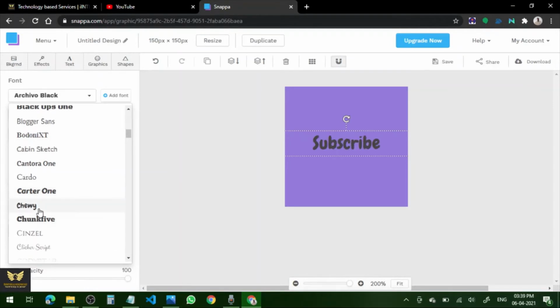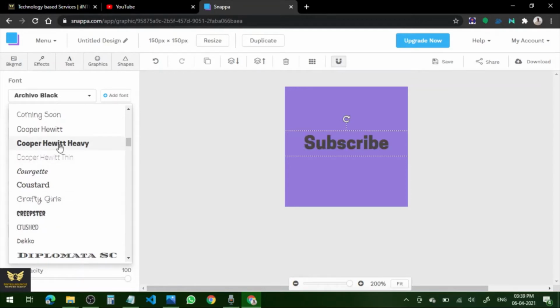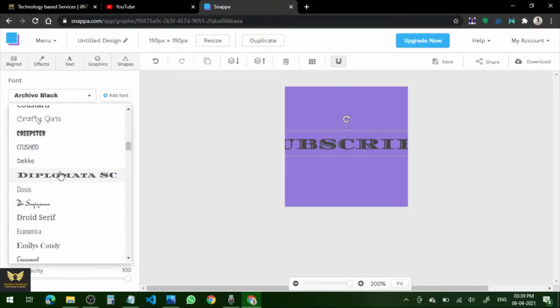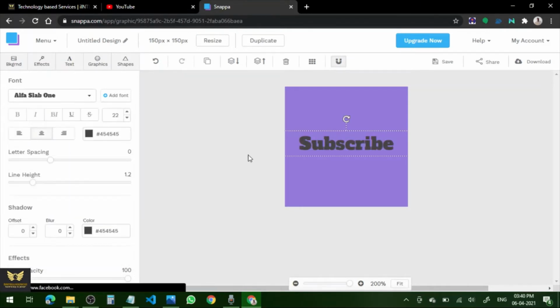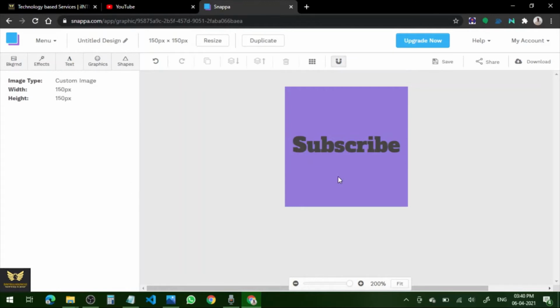Whatever you feel looks good, nice, you can select. You can select which is the best. I feel this is nice, so I am selecting that. I'm increasing this font size much more.